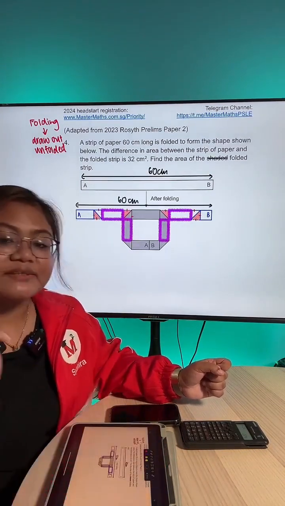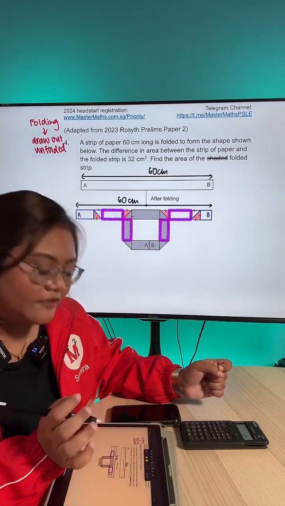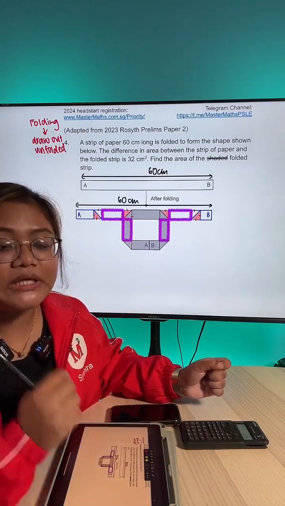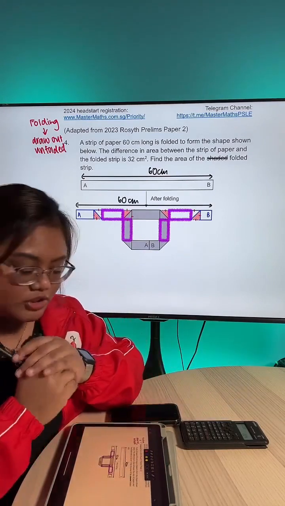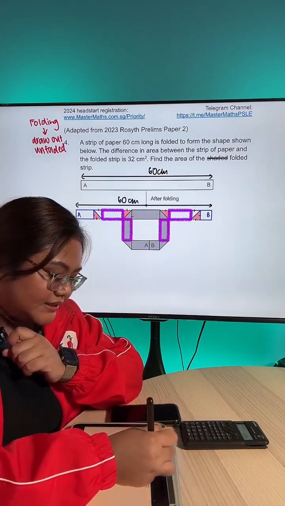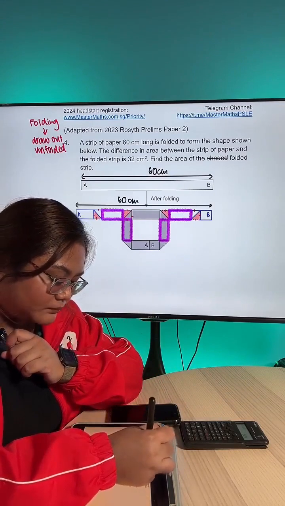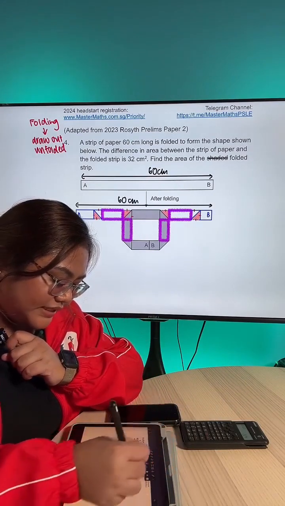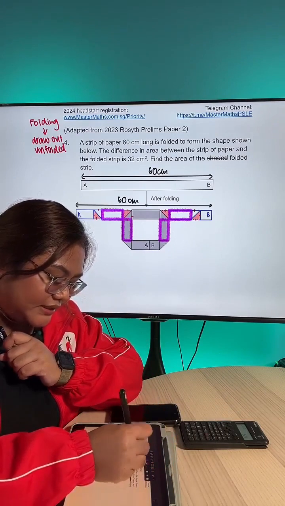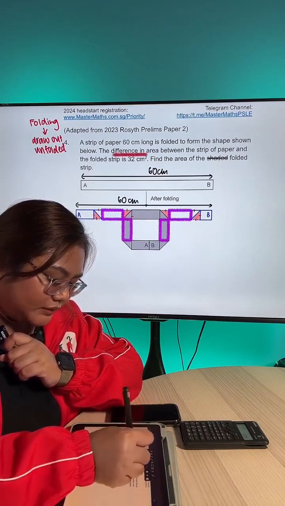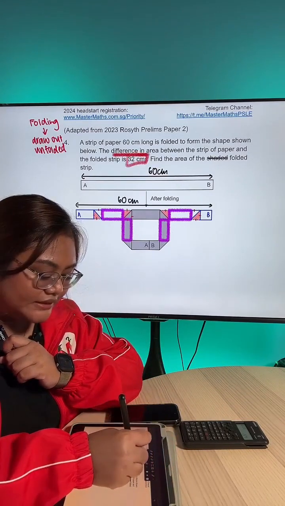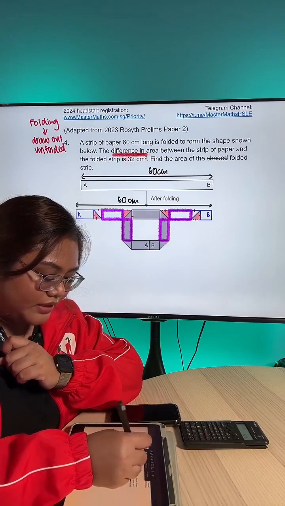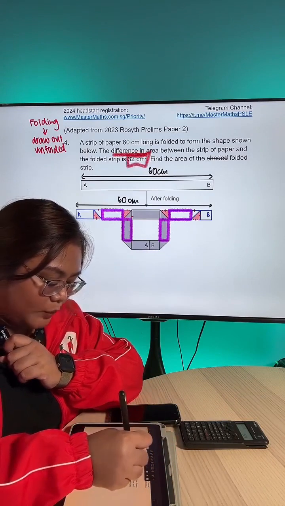Now, the question gave us a very important clue. In fact, it is the only other clue that we have. Thus, we have to use that to help us solve the question. Okay, and this clue is that the difference in area is 30 cm square. Okay, so far so good. So if the difference in area is 32 cm square, not 30, sorry, 32 cm square, we just have to